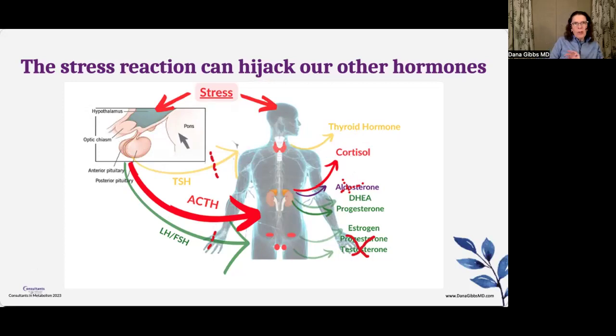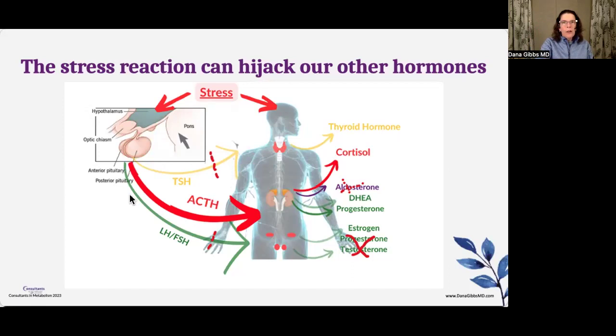And some problems with our modern stress, beyond the fact that we frequently create it for ourselves, are that it's generally not just a once every few weeks kind of thing. It's a pattern, a daily grind, a negative belief, or even a habit like being late all the time, for example, that can actually hijack the production of other hormones through prioritizing survival. And it downregulates a bunch of different hormones.